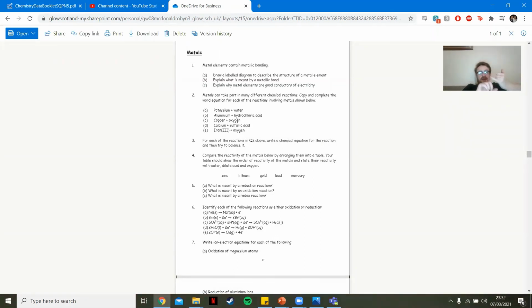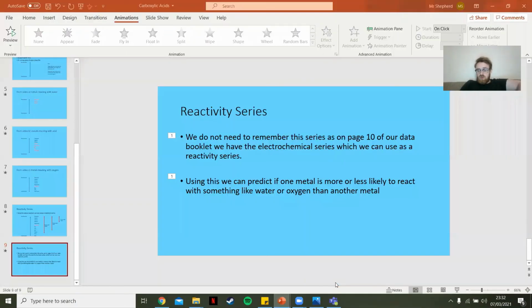Okay, so metal plus water gives metal hydroxide plus hydrogen. Metal plus acid gives salt plus hydrogen. Metal plus oxygen gives metal oxide. Okay, so